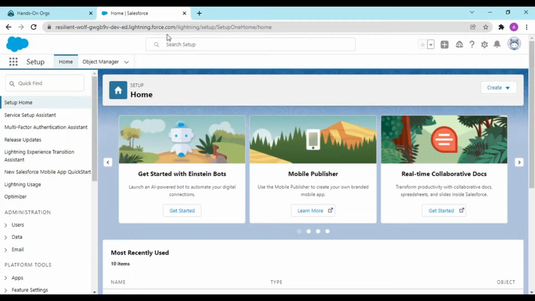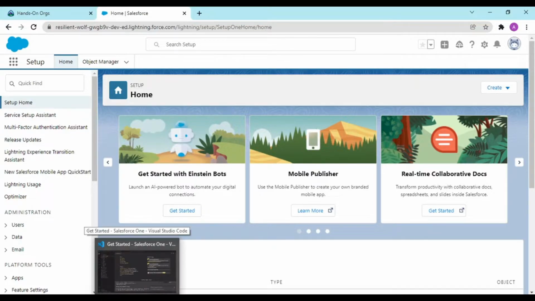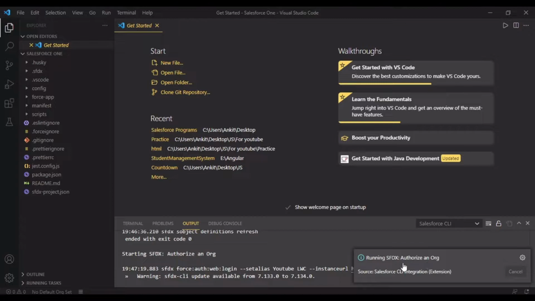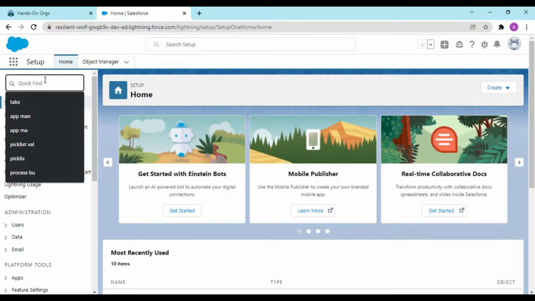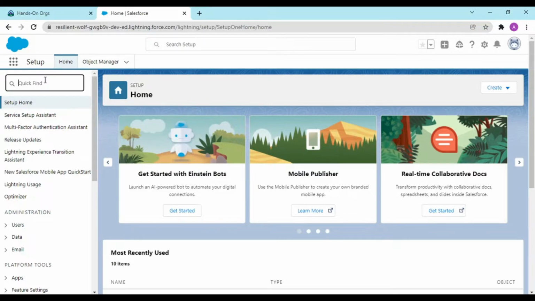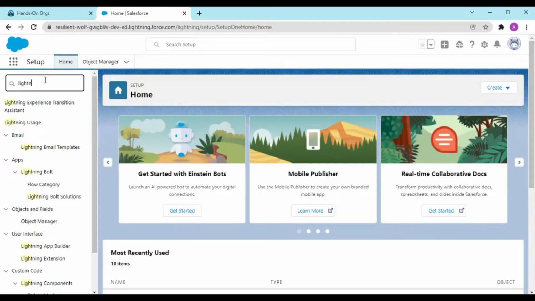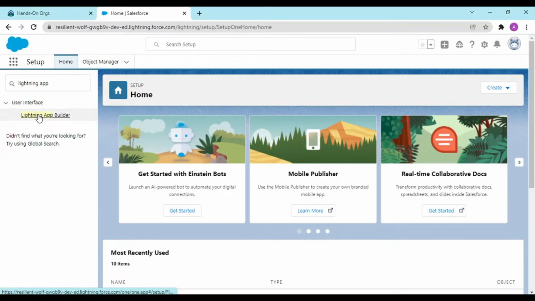So guys, when you are logged into your Salesforce account and when you are authorized successfully, see, SFDX authorization org has run successfully. So now what needs to be done is, first of all, what we want to create is, we would not go with the old approach. We would be first creating an application, and in that application we would be adding lightning web components. Okay, so first what we would be doing is, we would be going to Lightning App Builder,